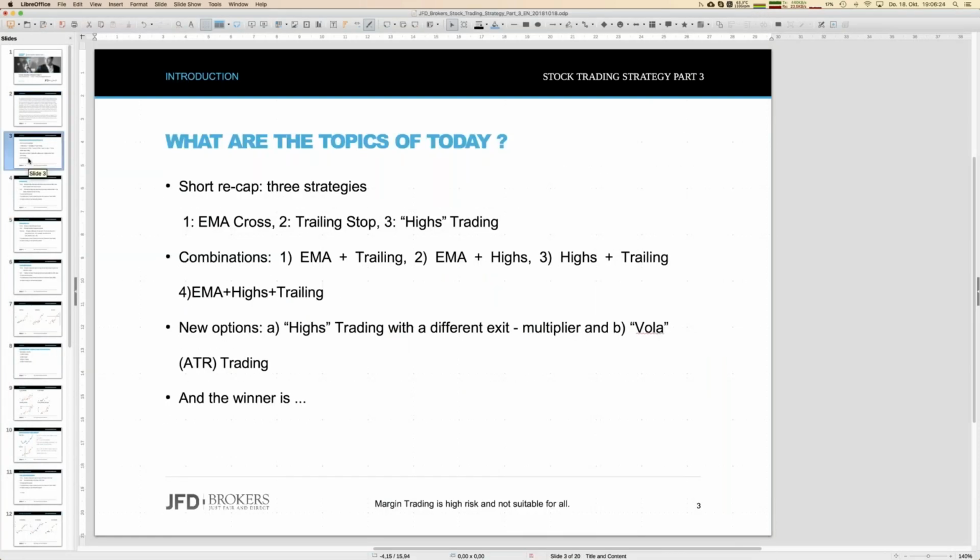So we talk about stock trading, which is, by the way, not part of JFD Invest up to now, because those strategies are running on MT4 only. Since what we are dealing with here today is real stock trading, that means what we try to do is buying real stocks. That means long only, of course. Otherwise, we would not have that fundamental bias for stocks.